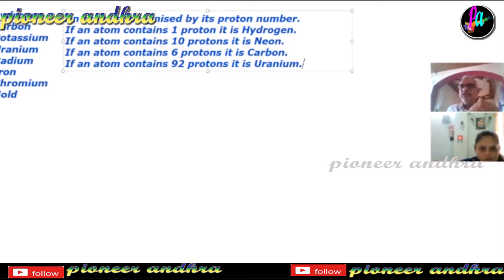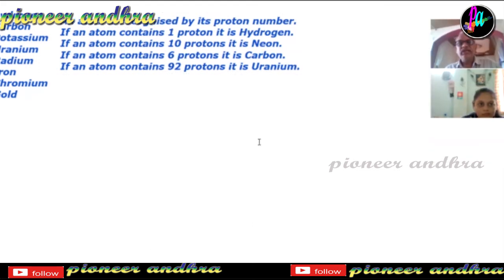If you reconcile all the points we have discussed now, you can recognize an atom by its number of protons. The identity of an atom is its number of protons in the nucleus. What is the identity of an atom? The number of protons in the nucleus. You cannot say the number of neutrons, you cannot say the number of electrons, because as we saw earlier, neutrons may be equal to or more than the number of protons.